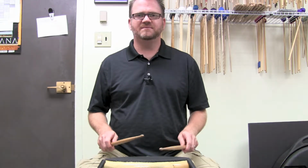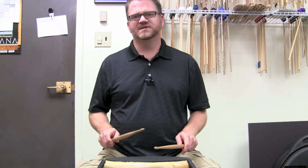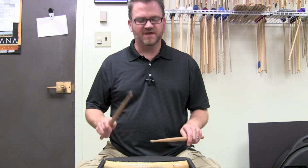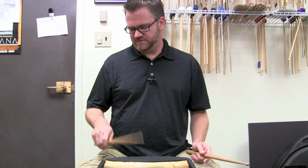Now, you don't want them to be too open, almost like it's a 16th note pickup. It should sound like, all we're doing is we're elongating the note, okay? Flam. We're adding an ornament to the note and we're elongating it. So when we've got the single note,